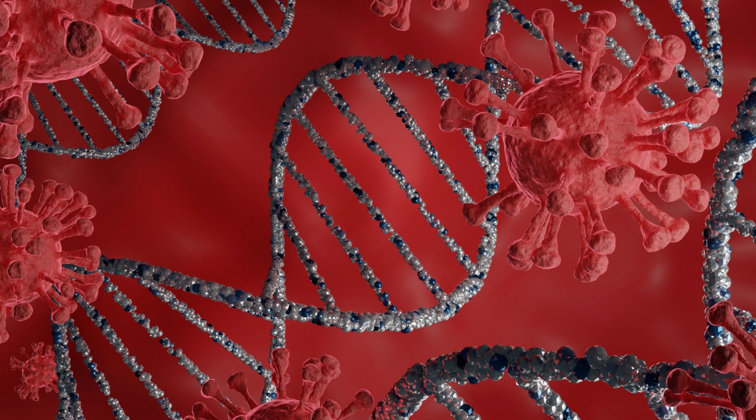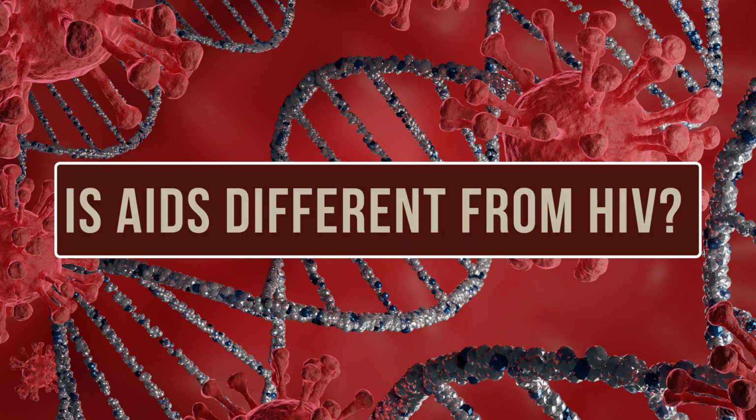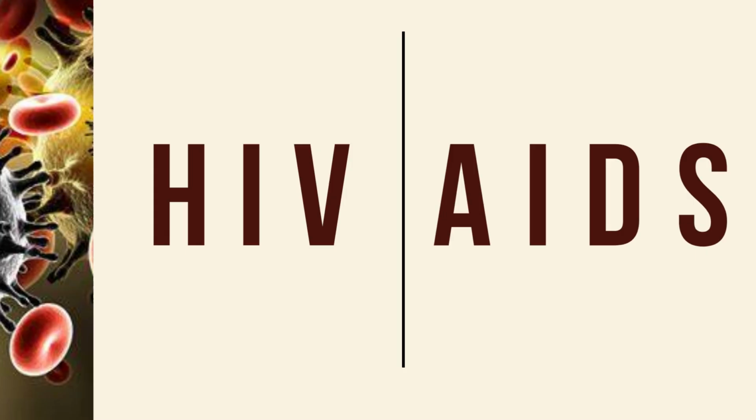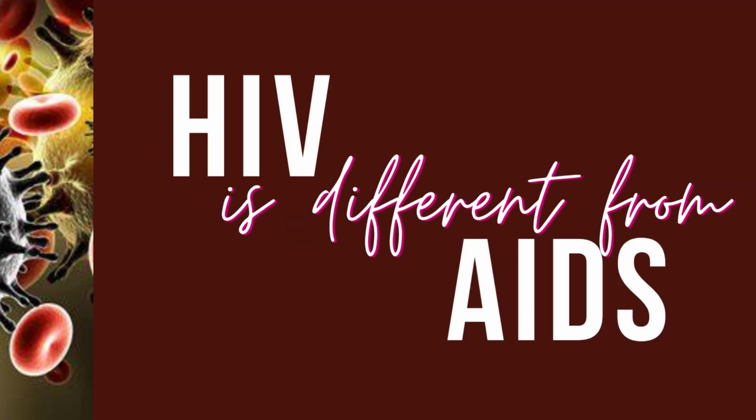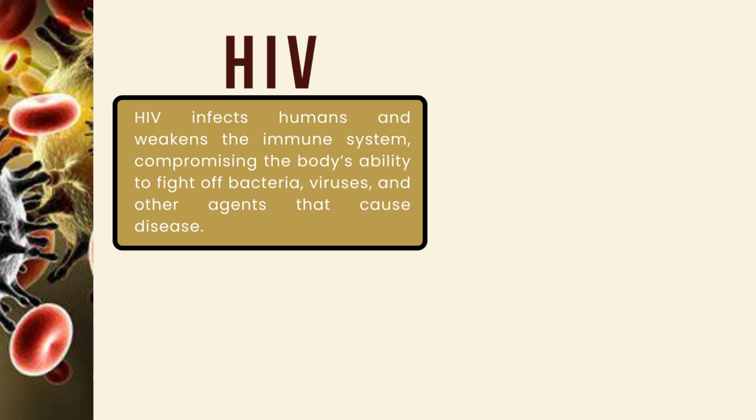But have you ever wondered, are AIDS and HIV similar, or do they have any differences at all? Although the terms HIV and AIDS are so closely associated that many people mistakenly consider them synonymous, HIV and AIDS are very different. Even though HIV and AIDS are well known, many people are unsure of the differences between them. First, HIV infects humans and weakens the immune system, compromising the body's ability to fight off bacteria, viruses, and other agents that cause disease. So from its very name, it describes a virus and only humans can contract it. And it basically attacks the immune system, and as a result, the immune system is unable to work as effectively